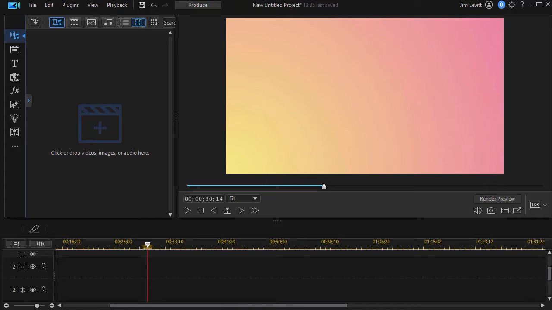In this tutorial in CyberLink PowerDirector, we're going to give you some tips on customizing motion graphic PiP objects. This is new for users of PowerDirector 365 or owners of PowerDirector 20. So I have a graphic color board on track 1, and we're going to add a motion graphic effect object